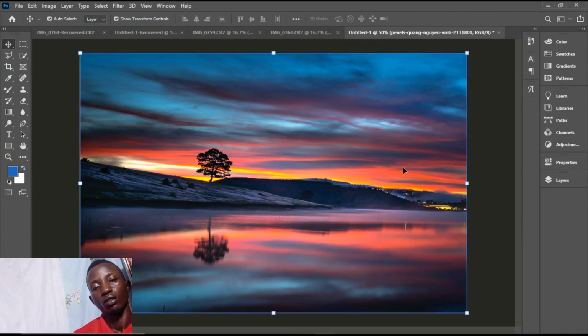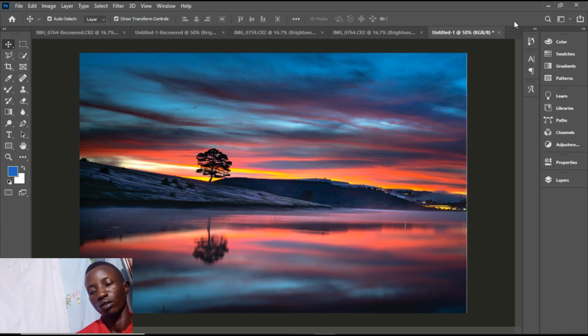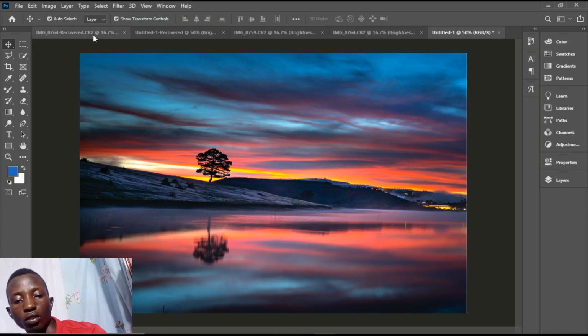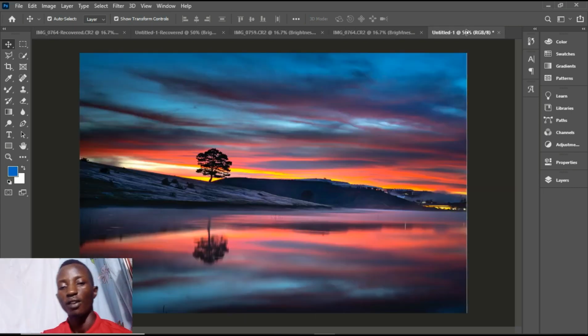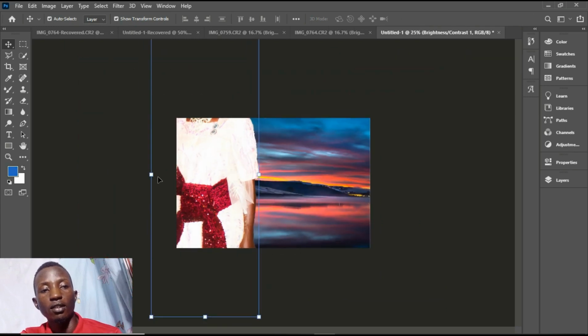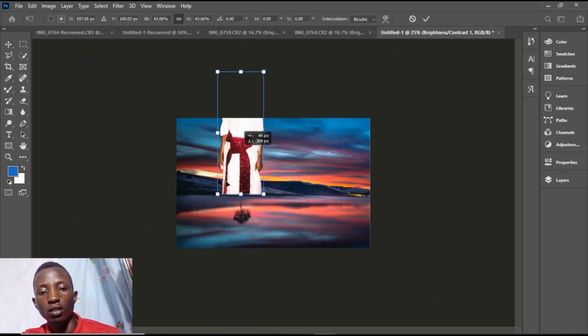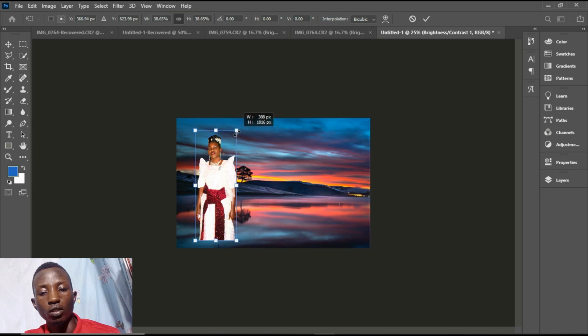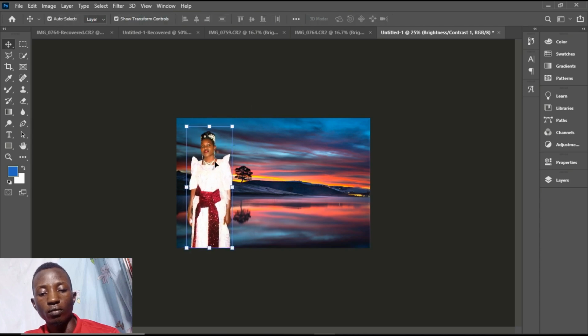So, yes, as you press in that, this is the background you want to use, and then go ahead, get the image, put it there,